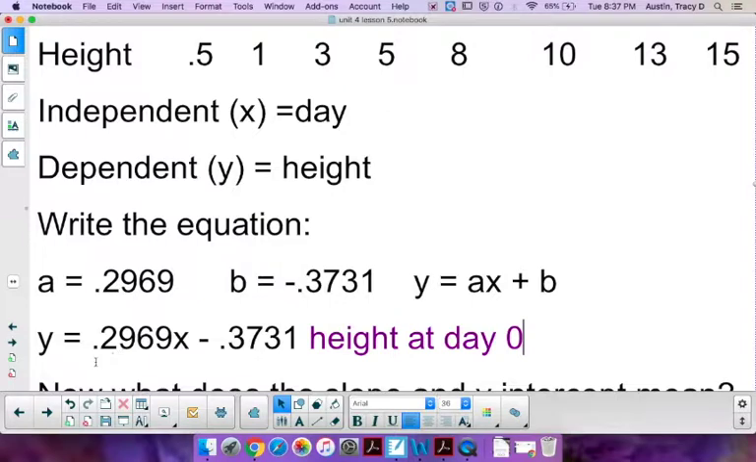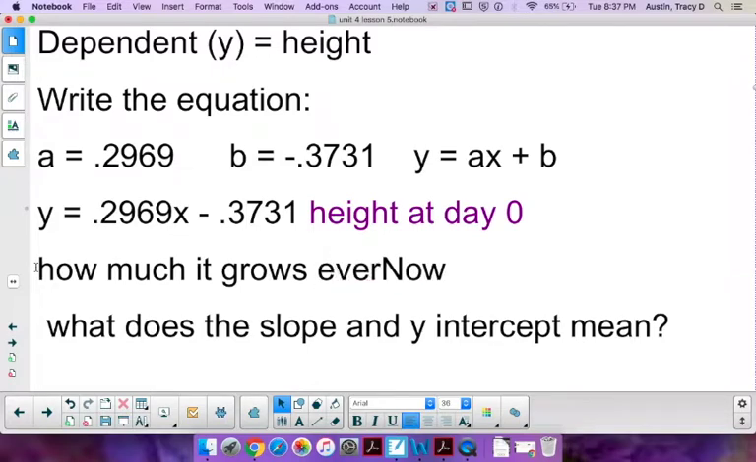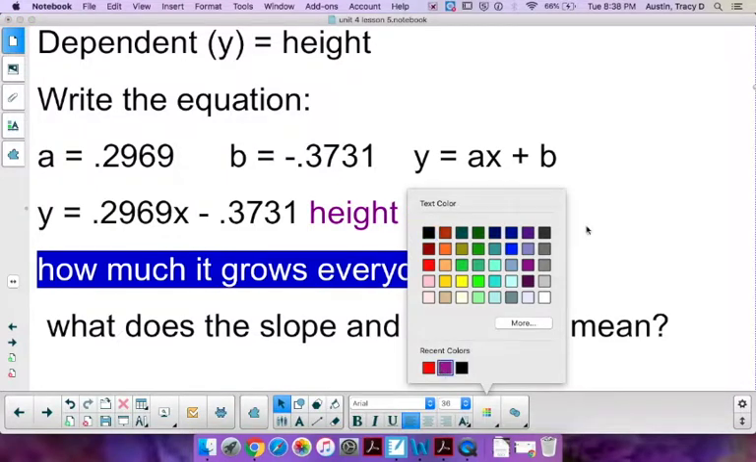as height over day? I hope you said how much it grows every day, because that's what it's going to be. So how much it grows every day. And that is literally the definition for slope and y-intercept in this equation. Okay, so how much it grows every day is your slope, and that's going to be